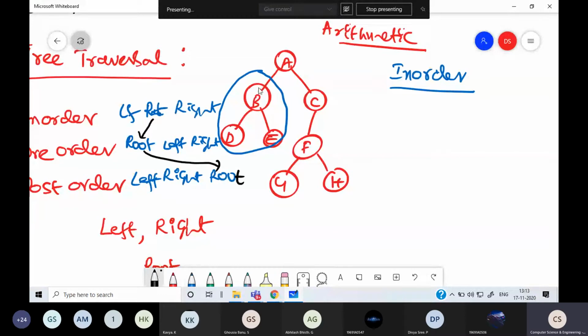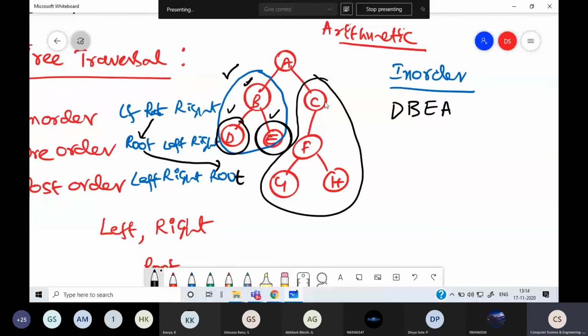In the left subtree, again there is a root with a left subtree and right subtree. So first we visit the left subtree. D will be visited because it does not have any further nodes. Then the root of this tree, so B is visited. Left is over, root is over, then the right subtree, E. So D, B, E is visited. Now the left subtree is over, then go for the root. So A is visited, then go for the right subtree.